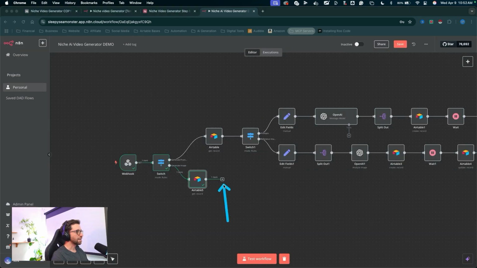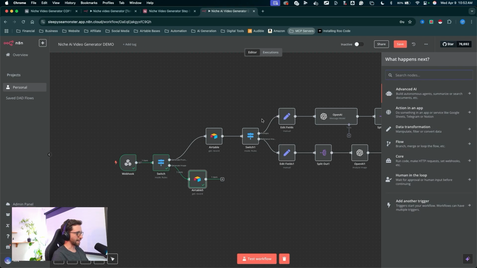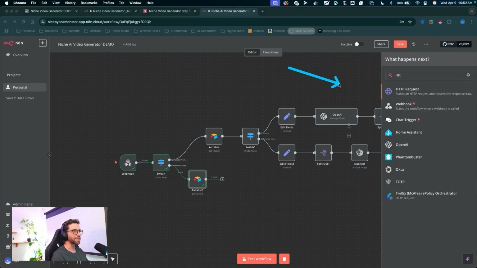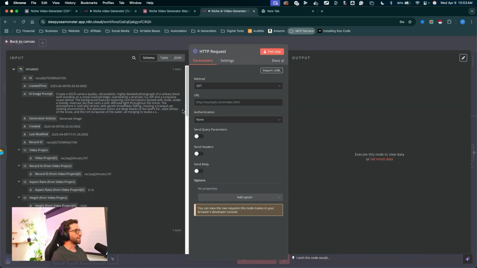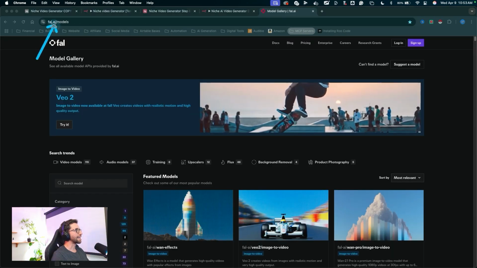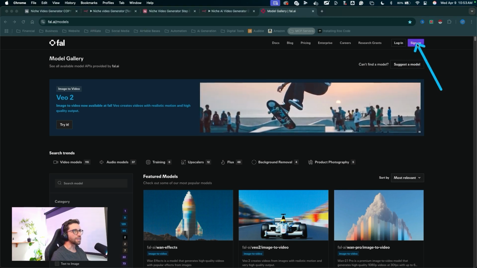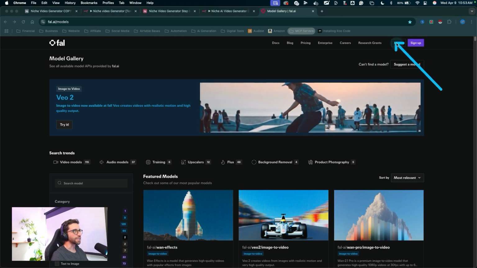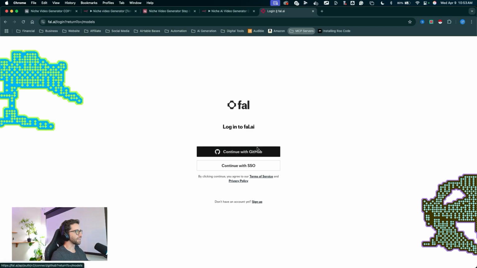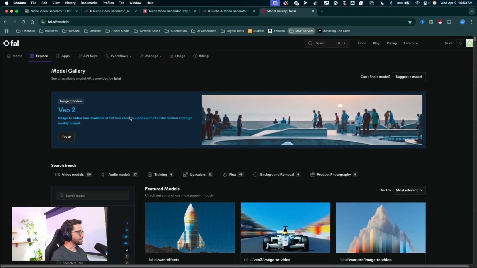Click outside of the node, click the plus to create a new node. This will be an HTTP node. Type in HTTP, find this node here. This node we're going to use to make a request to fal.ai. So I'm going to jump over there. You can search fal.ai to bring you here. You can log in or sign up for a free account. I'm going to log into my account, sign in with GitHub,